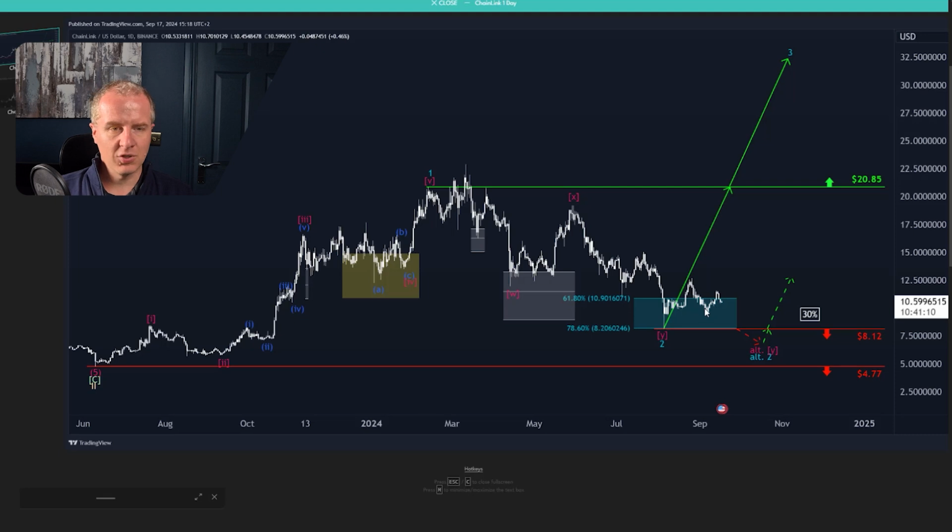Again, I'm not convinced yet that we've actually seen it. I mean, it could still test the box a little bit lower, could still form another low, as long as we're holding above the red line and, as I said, hold above the August low, it is plausible to watch for a third wave to the upside. But the probabilities for another low are still quite high, and we have to consider the entire crypto sector, which since the August low has just been suffering pretty much.